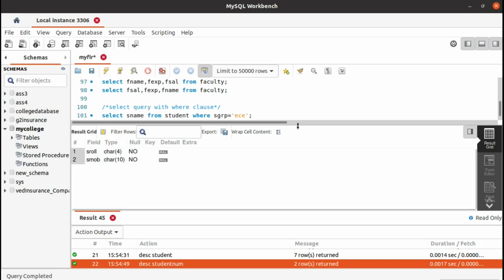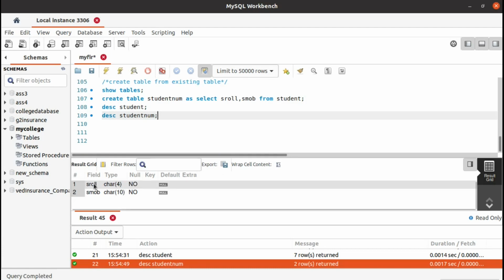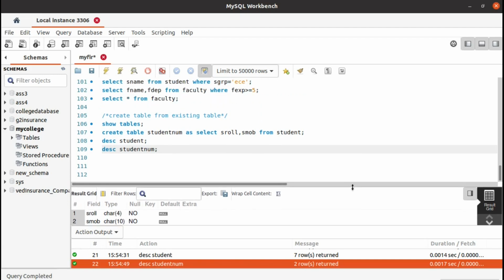From this you can understand that when a table is created from another table, just the field name, I mean the name of the attribute, the data type, and whether it is null or not null, only these three things will be copied from the original table. The constraints, primary key and unique key constraints, will not be copied. If you want to make this student roll number a primary key in this table, we need to manually define that primary key. That is a point to be noted.